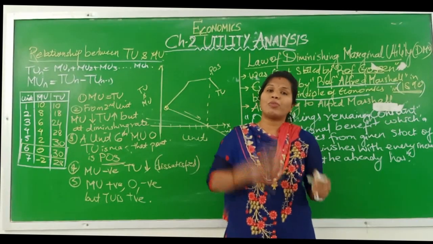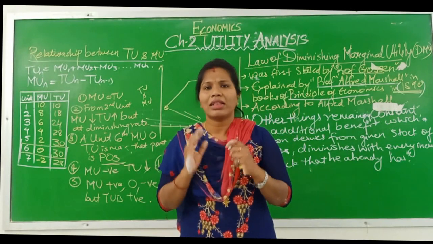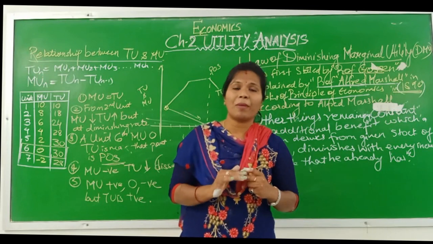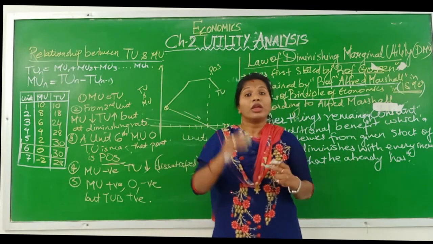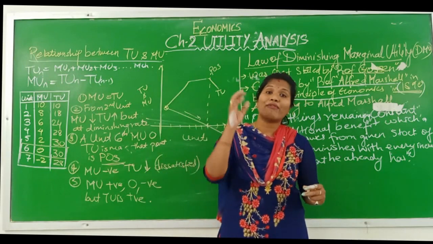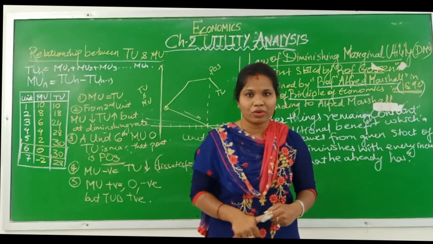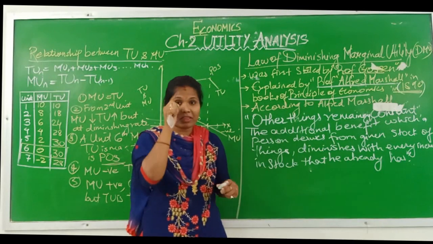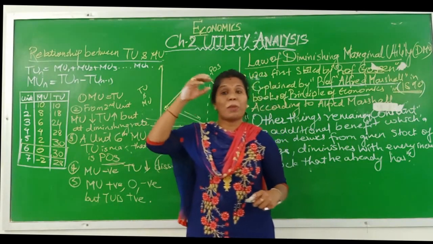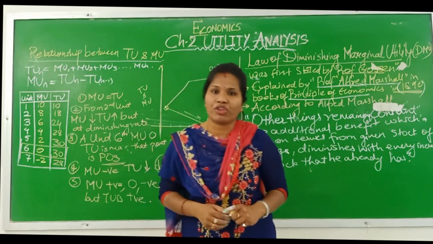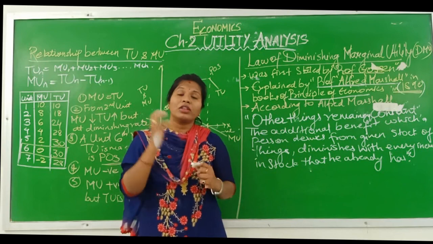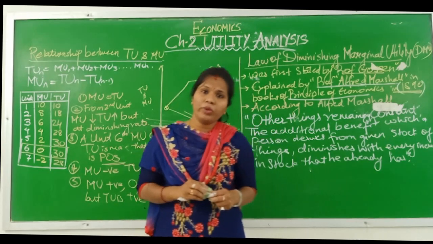Why? Because after the first chapati, your stomach is a little bit full. When she gave you the third and fourth chapati, your utility is declining because you have already consumed two or three chapatis before. Same logic. So what it is saying is that with each additional chapati you consume, its marginal utility diminishes because of the stock you had already consumed.